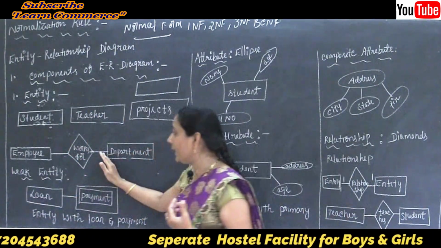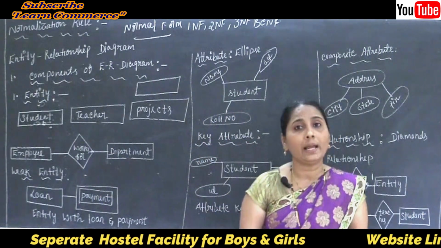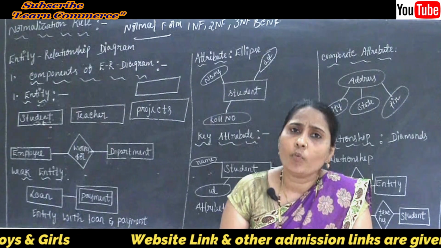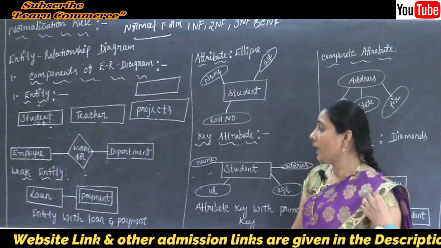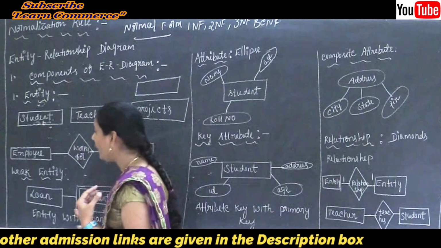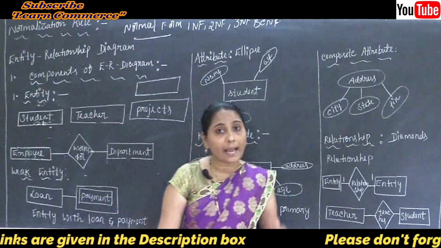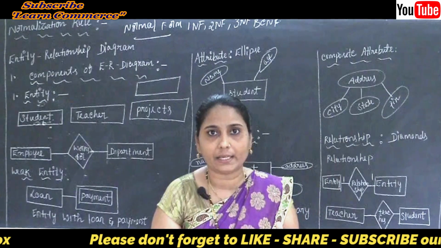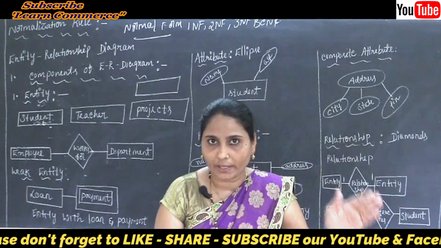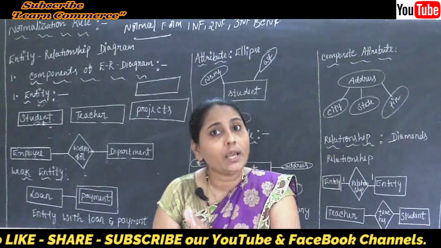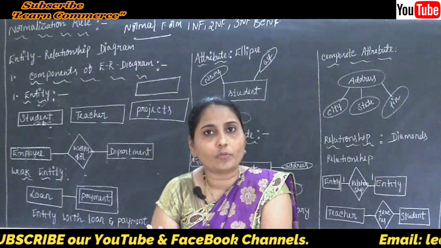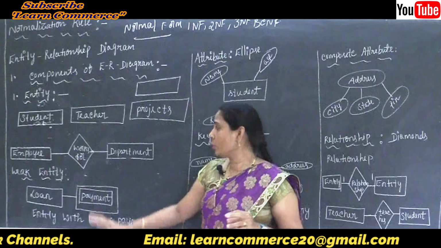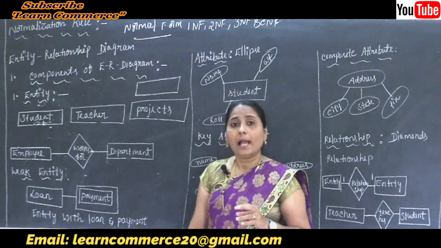Okay, and now in our entity, one more entity is there, and such entity is called the weak entity. Now what do you mean by a weak entity? The meaning of the weak entity: it is an entity and such entity depends on another entity. Clear this point here? Because one entity depends on another entity. We know the meaning of the entity: an entity is called a table here. So one table depends on another table.